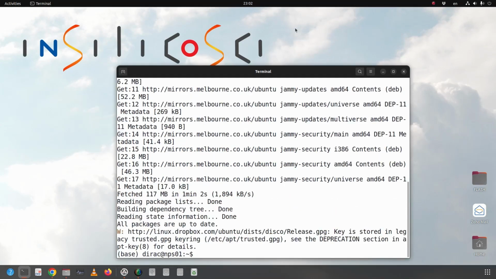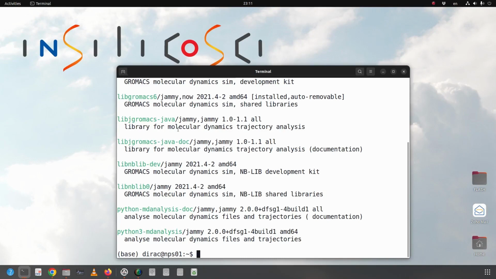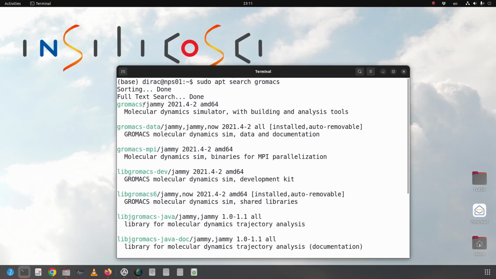Now we can check which version of GROMACS is available in this version of Ubuntu. We can use sudo apt search GROMACS, and it shows that I can install GROMACS